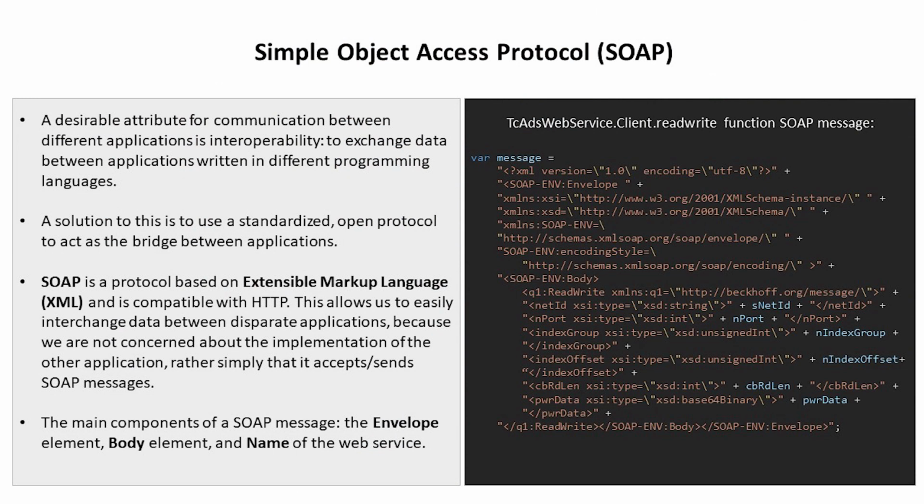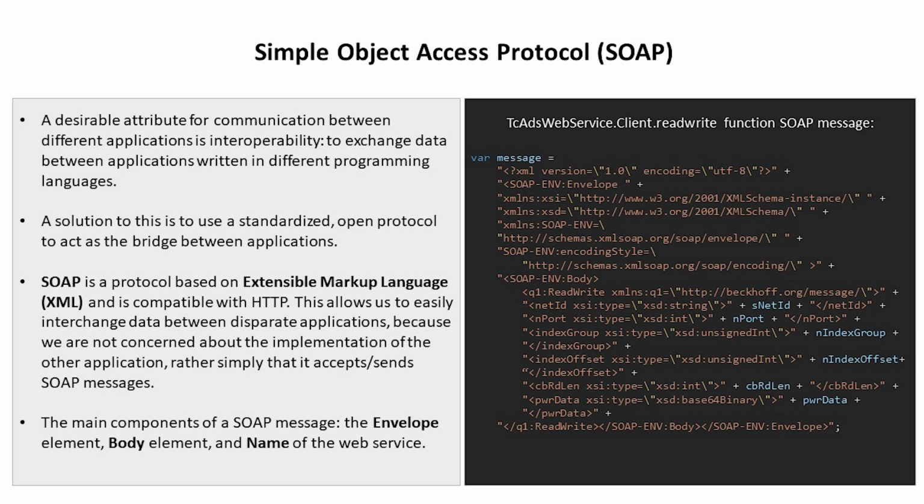So one of the main aspects of talking to a PLC with the TcAdsWebService API is this Simple Object Access Protocol, SOAP, message. And the reason why SOAP was developed is because a desirable attribute for communication between different applications is interoperability, right? We want to be able to exchange data between applications that are written in different languages. We want to do it in a format that is distinguishable from both sides, that can be understood by both